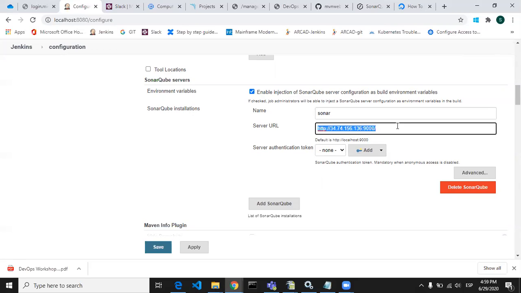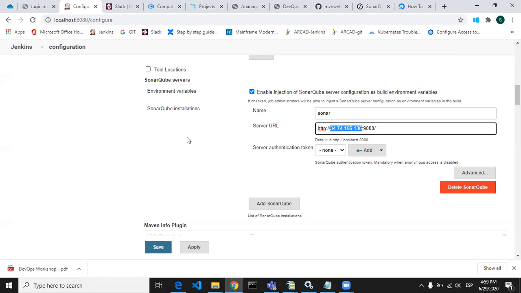This server URL is nothing but the URL where your SonarQube is installed, or where you can see your SonarQube section. This IP is nothing but your machine IP where SonarQube is installed, and 9000 is the default port for SonarQube. So this server URL you need to put here. I will tell you how to get this URL.